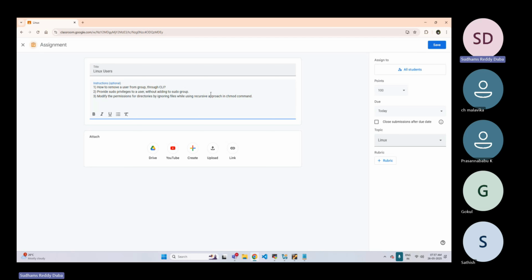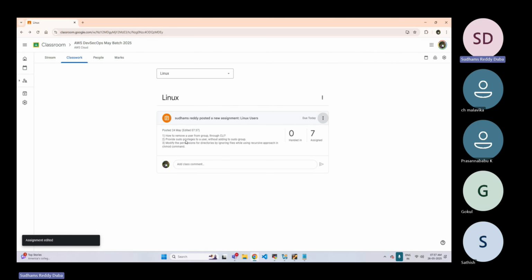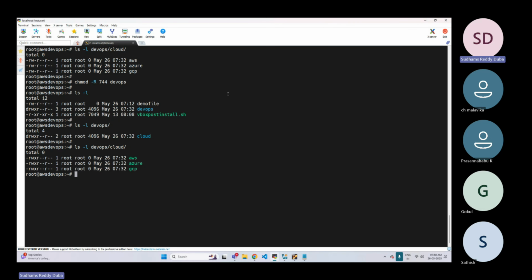Okay, this was the question. Now let me save. Today is the last day, so you have to complete it by today. This third question as well. Since I'm hoping the first two questions you have answered, the last question you have to complete. So this is all about the permissions which I wanted to discuss. Tomorrow we are going to start with cloud.